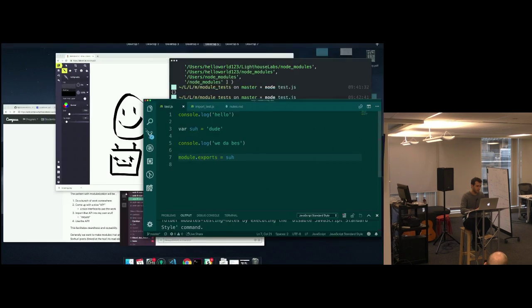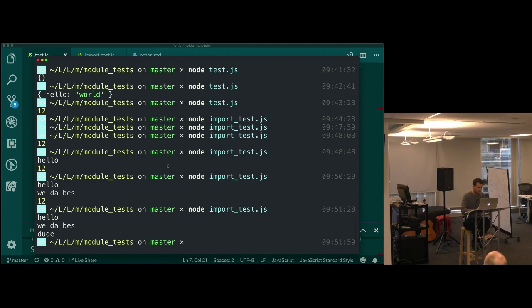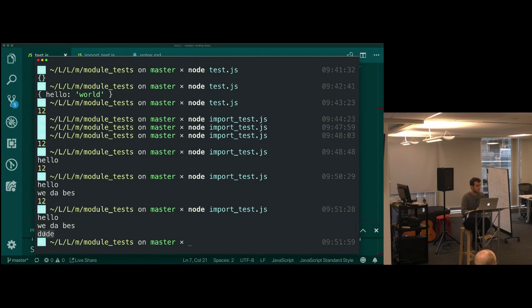And now when I run this, and we'll go back to the code in a sec, instead of getting number 12, I'm going to get dude. So you could fill your export with return values or whatever, only the things that you want to pull over. So for Victoria here, you can fill your export with any value that you want to be pulled over onto the other side.